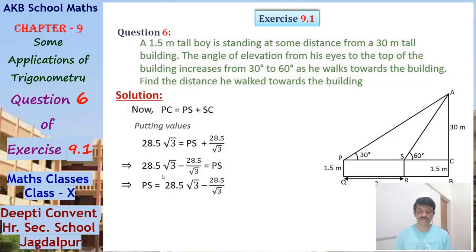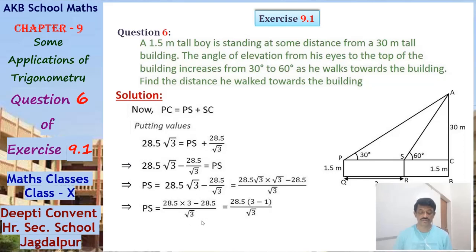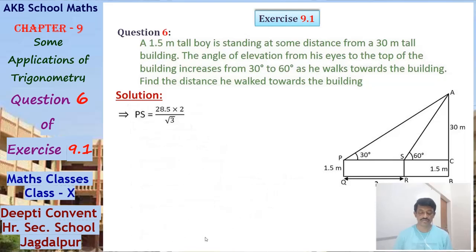Now solving, taking the LCM root 3, 3 times this minus this, so 2 times this. So PS equals 2 times 28.5 by